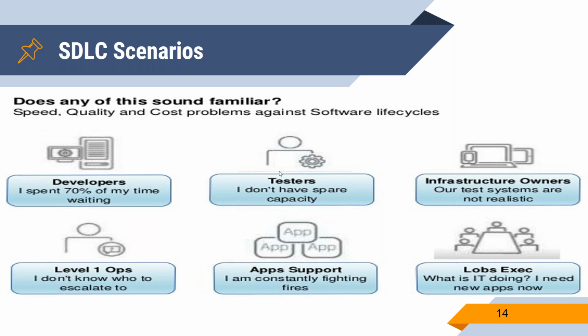And likewise, the testing team also has to wait until the development team completes their work. They have to develop the full product, and then they start doing the manual testing. So there also they have waiting times. And then infrastructure, sometimes the infrastructure is not available, so for that we have to wait. And then we have our ops support team, application related things. And then labs, we have a lot of complications in the traditional SDLC scenario.